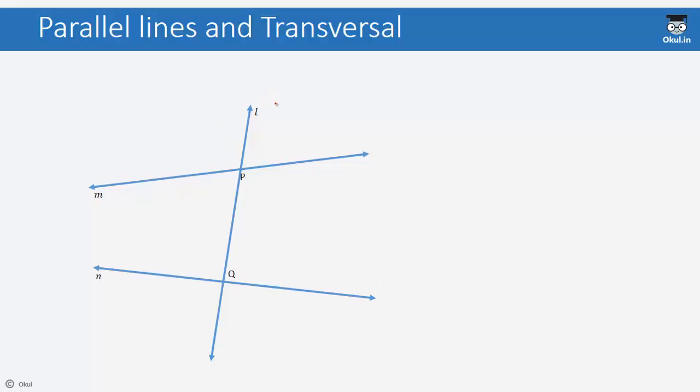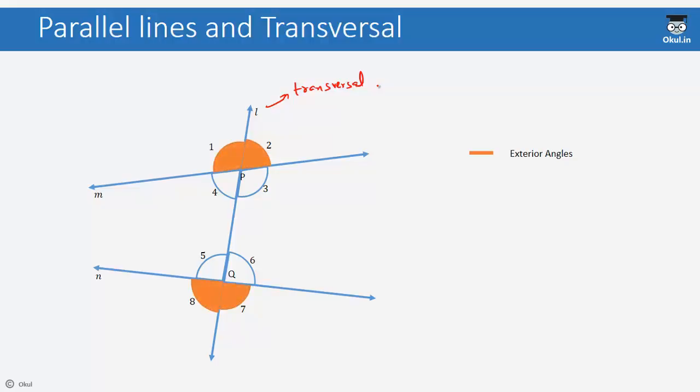So this line L is called the transversal. Now with the help of this, there are 8 angles formed. So we have 4 angles formed at the outer side of M and N, that is angle 1, angle 2, angle 8 and angle 7. Since they are formed on the outer side of the lines M and N, therefore these angles are called the